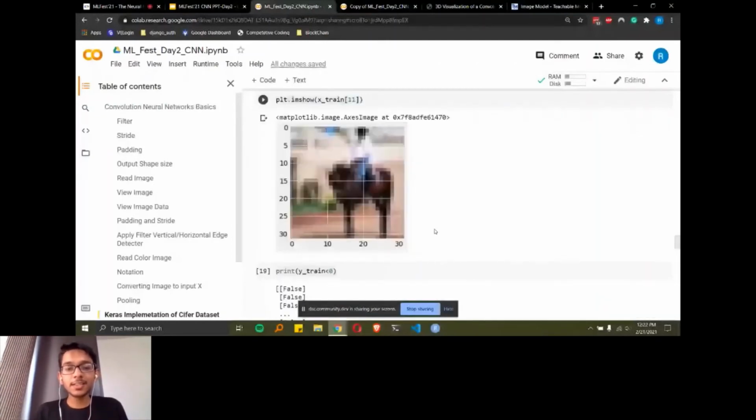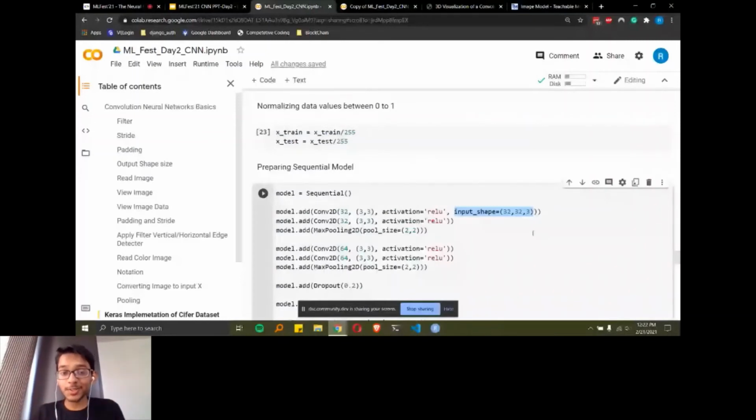One difference you can notice: I have added another convolution layer, but I haven't specified the input shape. It's not necessary to specify the input shape after it's given in the first layer itself. It's saying that my input layer is of this size, like we had covered in the PPT of the input layer. And ReLU is the most common activation.